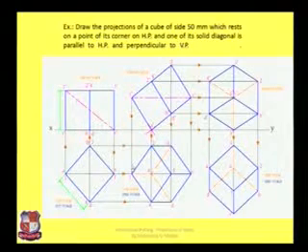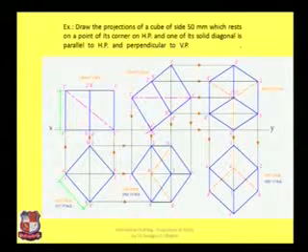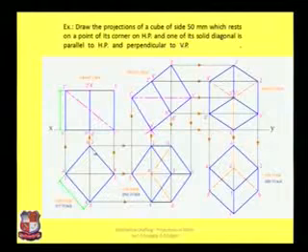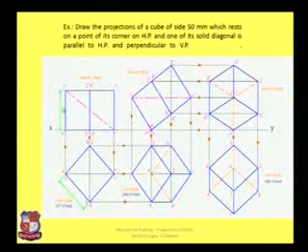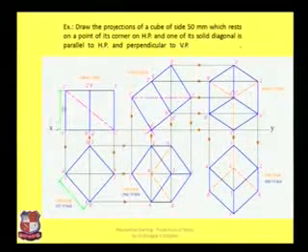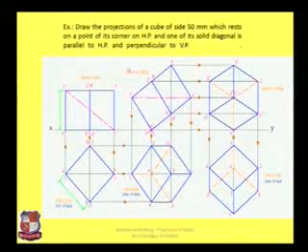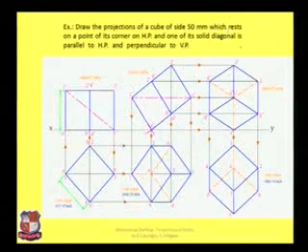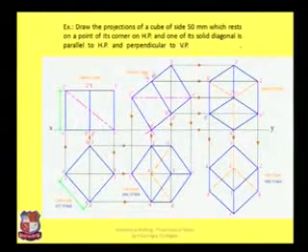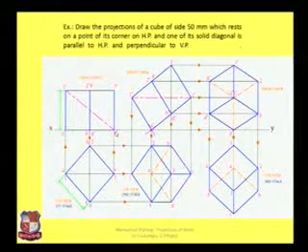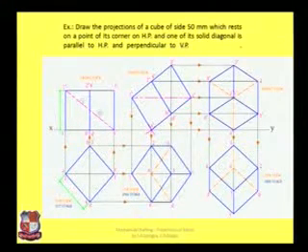So first we have to draw its top view having side length 50 mm, and all sides make an equal angle with the XY line, that is 45 degrees. So draw this square, take projections from A, B, C and D, draw its front view having height 50 mm. Then it is given that it is resting on a corner on HP and one of its solid diagonals is parallel to HP. So this is a solid diagonal. 1 dash C dash is a solid diagonal. This is parallel to the horizontal plane.